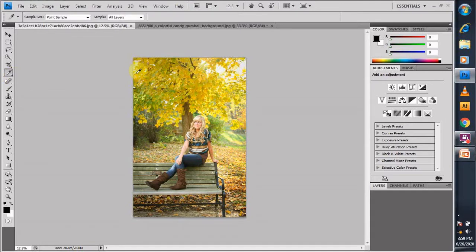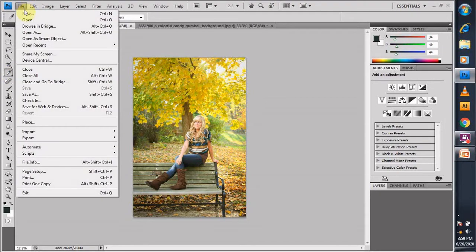Eyedropper tool is basically used to select the color from whichever place you want to. Whichever color I'm selecting, you'll see over here that the color will change as soon as I click on the color which I want to select from the image. Like see, if I click on this, the color changes here. If I click on the blue jeans of a girl in the image, the color changes to blue. This will help you in case you want the same color to be filled in some other shapes or in some other area of the image. You use this eyedropper tool.